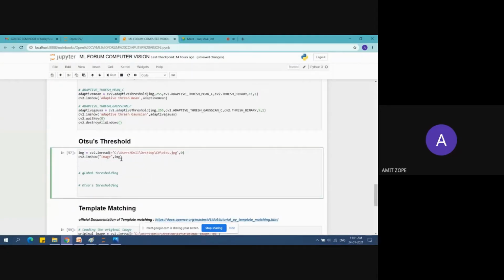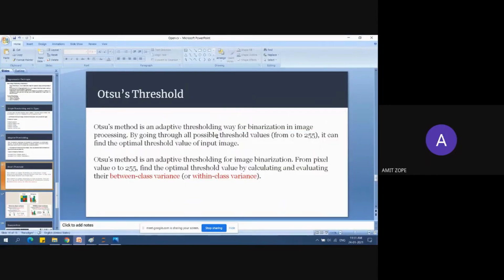Otsu's thresholding is some other technique; the variance technique is used here. The foreground and background pixels are separated on the basis of the threshold value. What Otsu's threshold does is it goes through all the pixel values from 0 to 255, selects every pixel value and calculates the between class variance and within class variance.